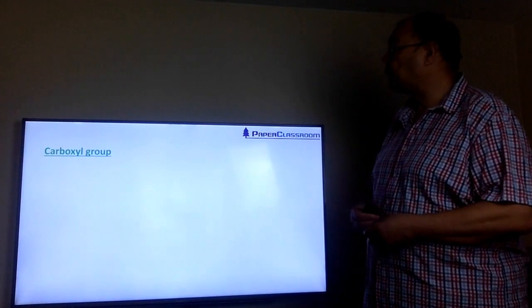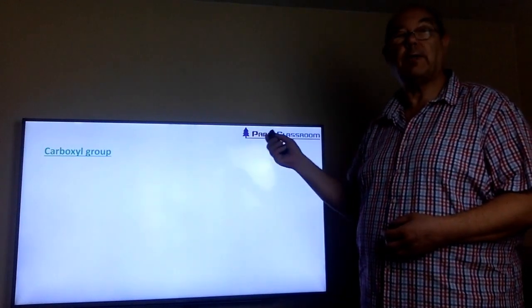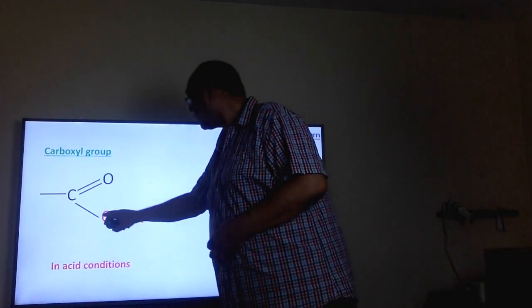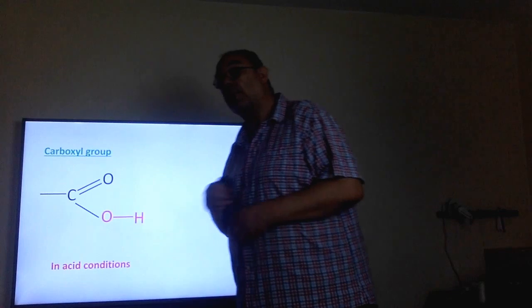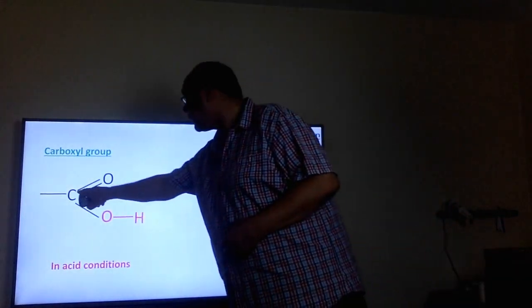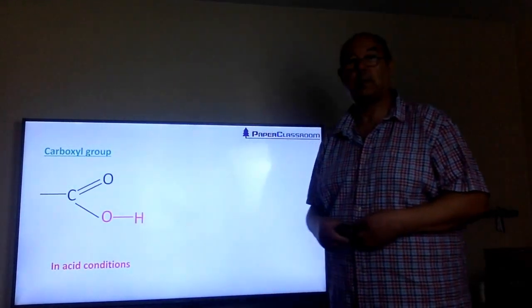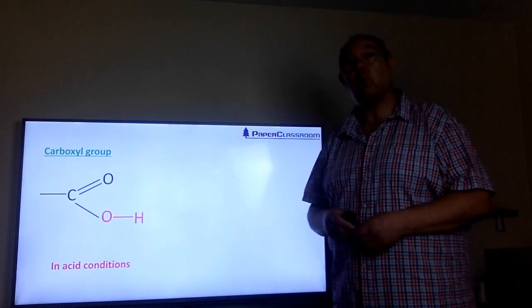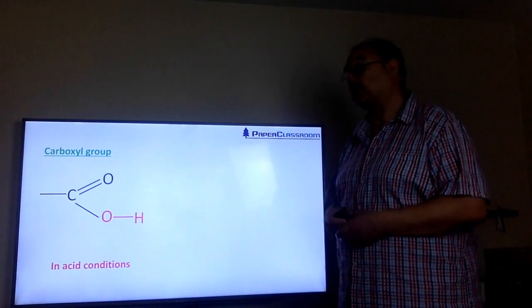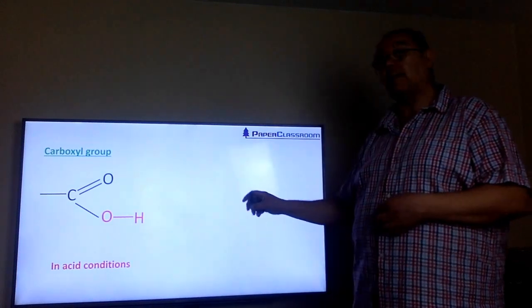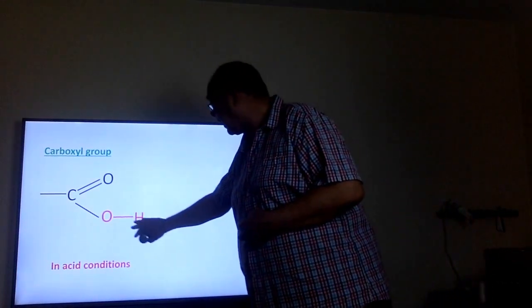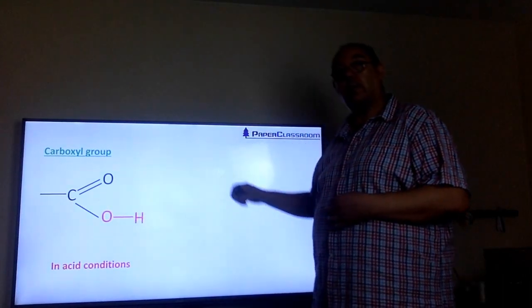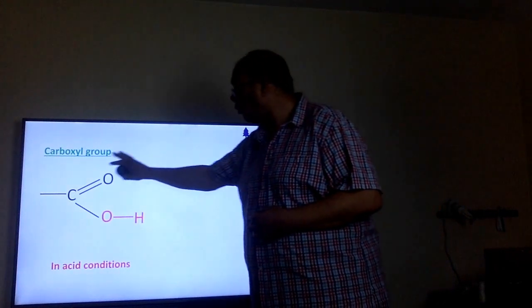Why are they responsible for the charge? It's all because of the carboxyl group. Now this is the carboxyl group, C double bond OH. When you see it written down, we normally write it as COOH. I always joke with my students, I call it the pigeon group, because we say coo, coo. Very sad. In acid conditions, this hydrogen is discouraged from leaving the oxygen and ionising, so the group stays as